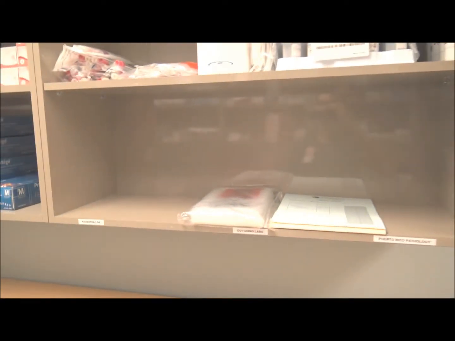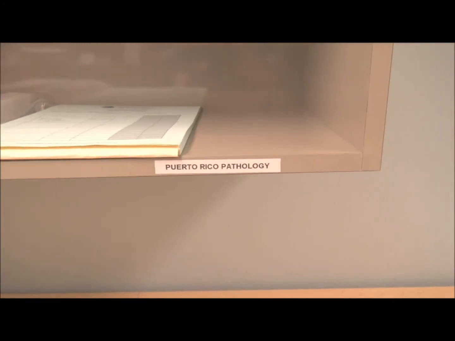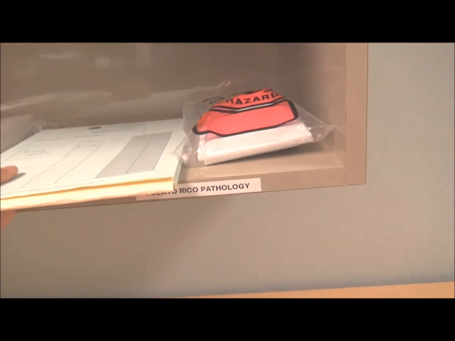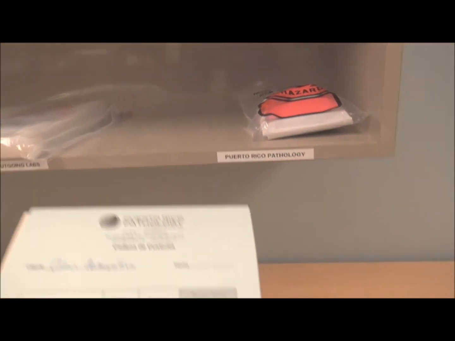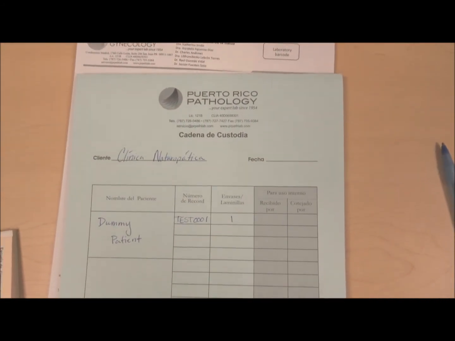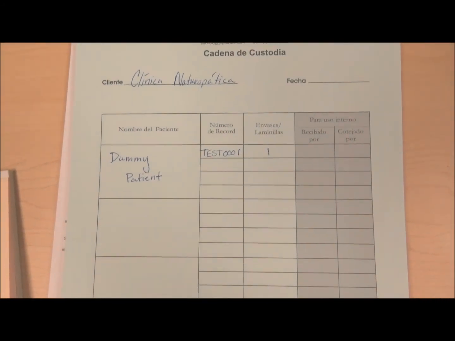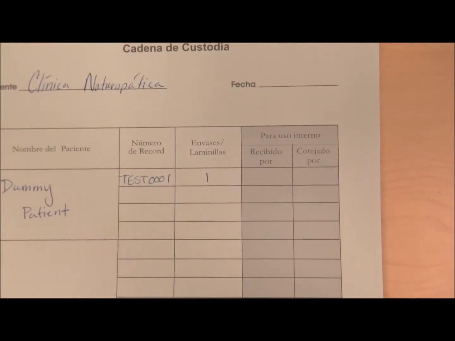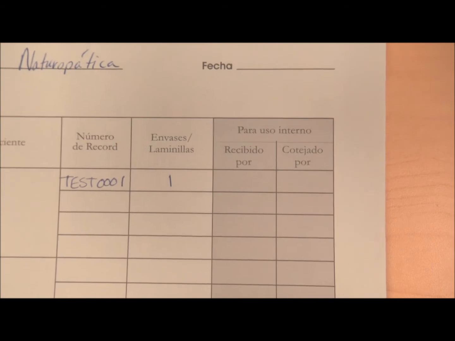I can then come to the outgoing labs cabinet, find Puerto Rico Pathology, and I'll place it there. Then I'll pull down the log and I will record that we have waiting a specimen from dummy patient, record number, and there's one envase waiting